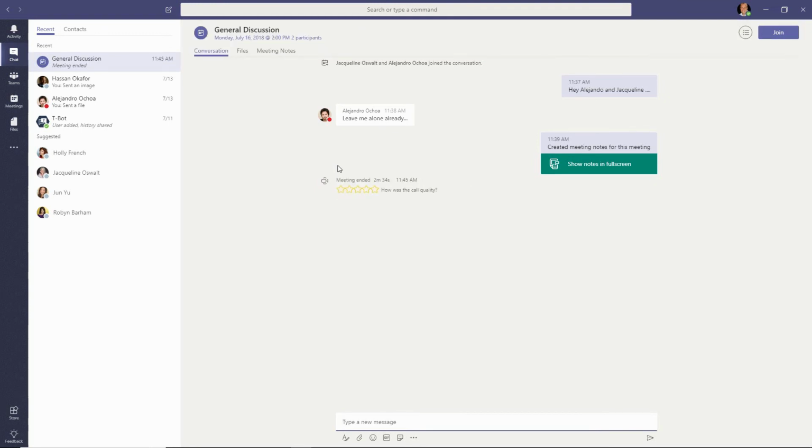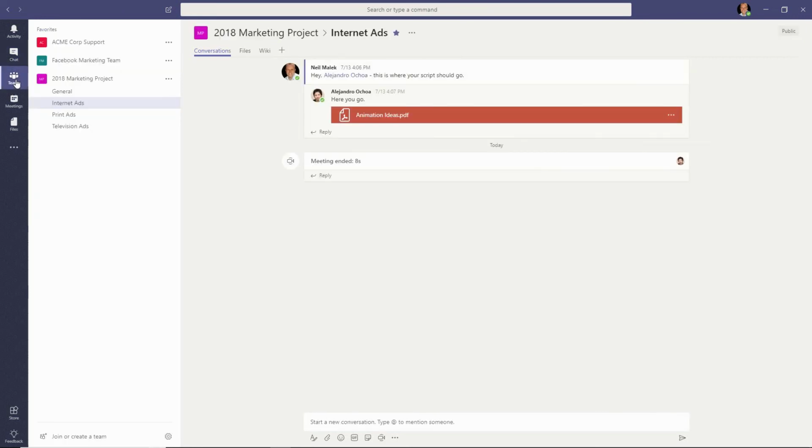Lovely. Again, we have the ability to save our files in there, meeting notes. We have the ability to track information in OneNote or in the wiki. There's 1,000 different ways to work in here. Now, I'd like to return to our Teams tab over here on the left and start talking through some of